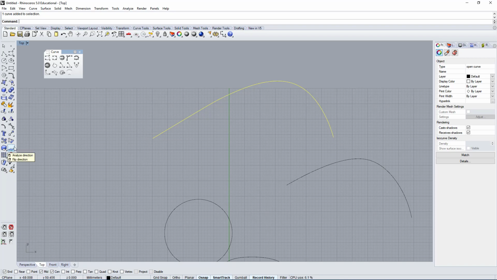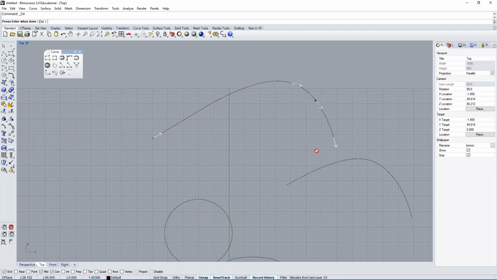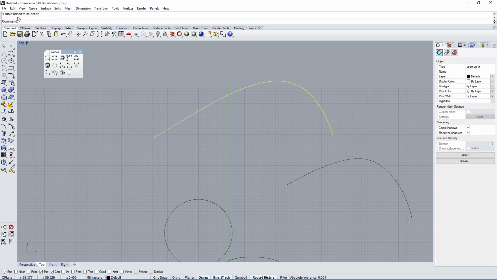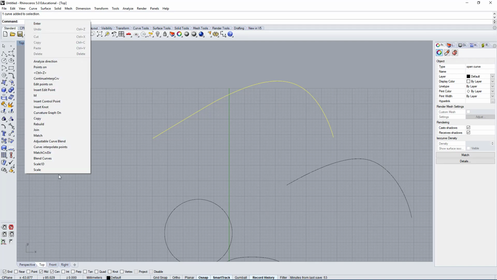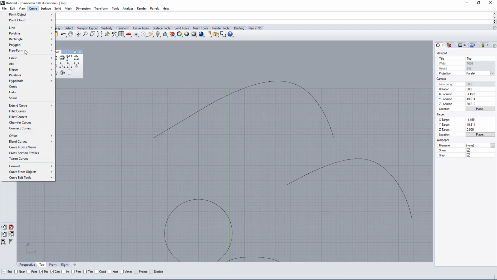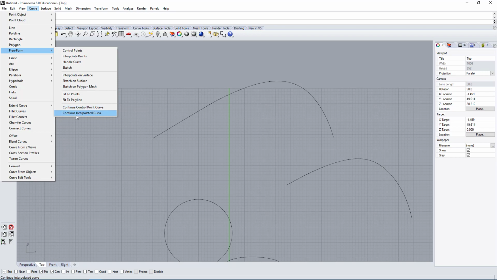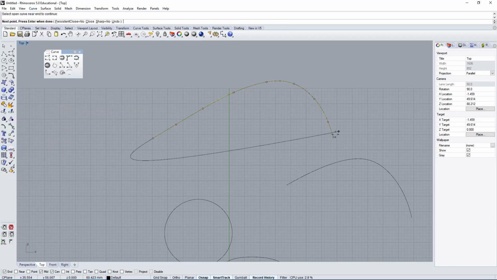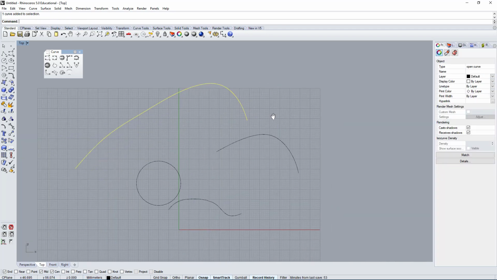So we can do that by clicking on flip. If we flip the direction of a curve, it will make the endpoint the starting point. And it says press enter to flip, or click on flip to flip it. So I clicked on the flip, pressed enter, and now if I go back and use it seems like it's not here. Okay, let's try that again. Let's go under curve, freeform curve, and continue the interpolate. If I click here, now it's using the other side. So if you want to continue a curve, this is a nice way to do it. If it's going the wrong way, just go here and flip.